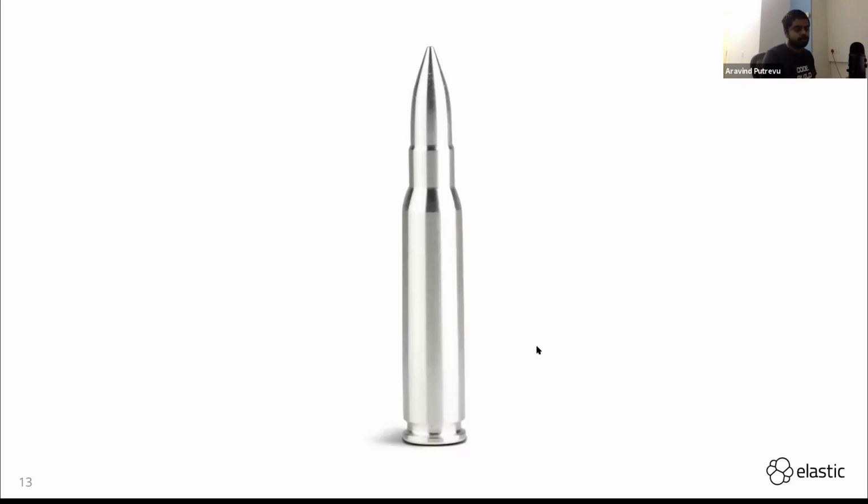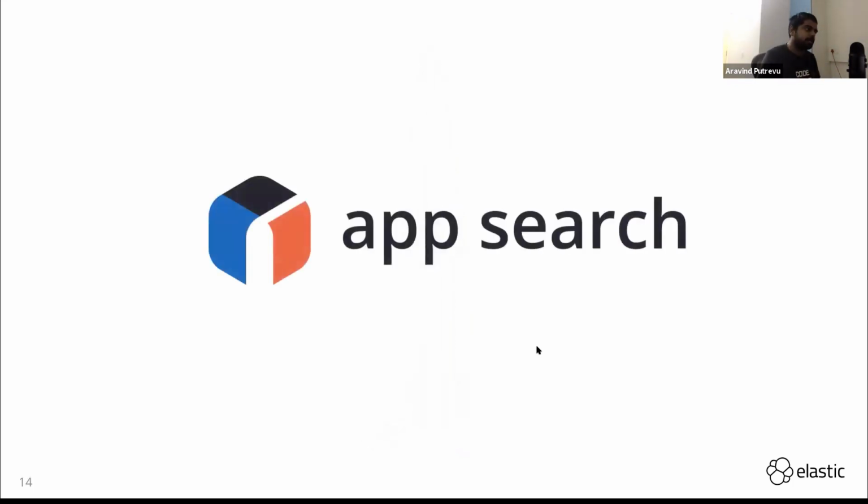So it can be tuned in different formats. It's like clay, and you could build different products with it. But App Search is more of a silver bullet from the Elasticsearch place.